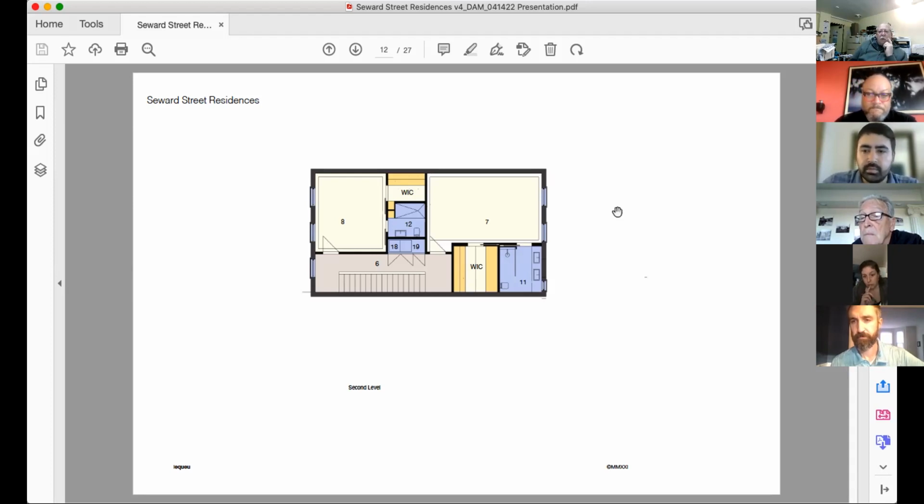I'm sorry, folks, you wouldn't call this an ADA accessible home, would you? Unfortunately, no. As an architect, we try to make the first floors at least visitable, but because of the elevation changes, it's not possible. And we won't be putting elevators in. We would love to have done that, but it's just not possible.